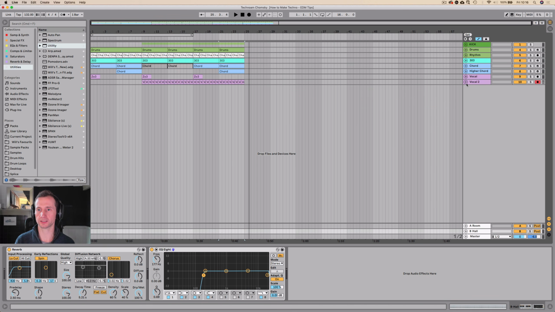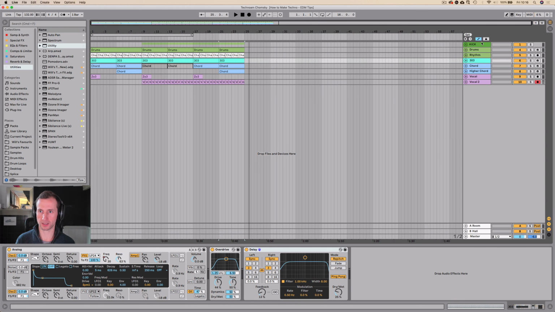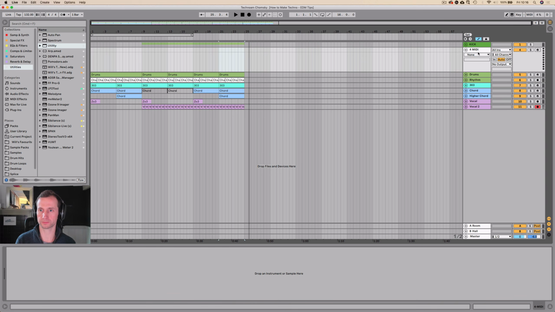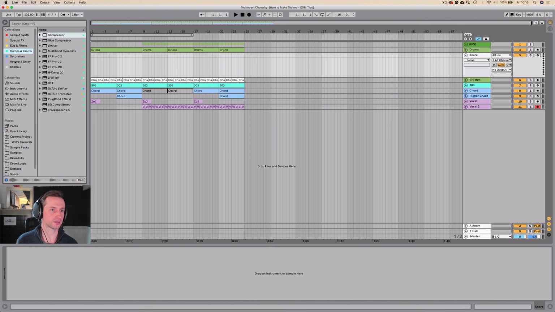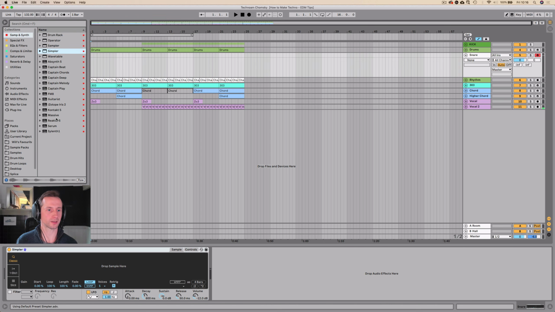I'm going to add a little bit of snare rolls just to keep the rhythm a bit more interesting. And the way I'm going to do that is, I'll put that below drums. I'm going to load in another drum machine, or you could do this with just a sampler actually. So that's what I'll do. I'll use a Simpler. Any sampler will do though. Then I'll get a nice kind of 909 snare sound,